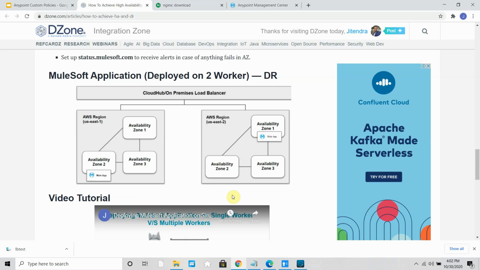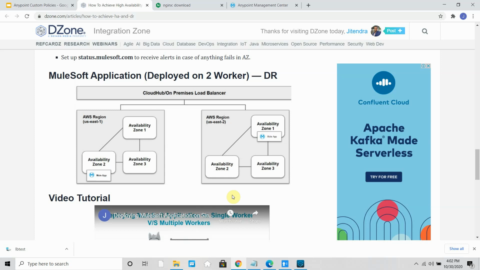In that case, we deploy the same application into two different regions. In MuleSoft, when you deploy the application, you cannot select two different regions. What you can do is deploy two different instances of the application in two different regions, then set up an external load balancer, which we are going to see in this video.